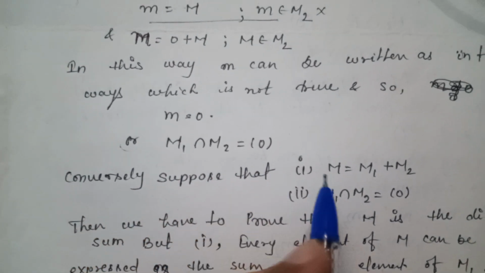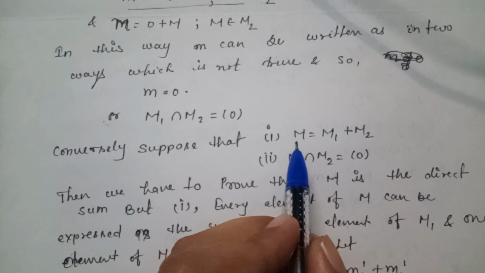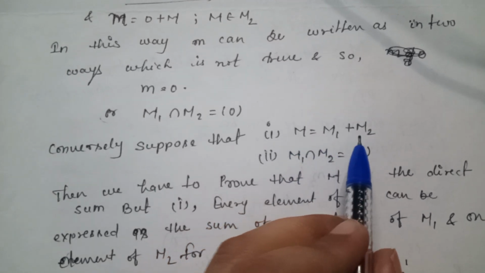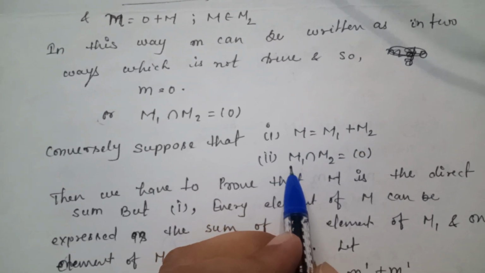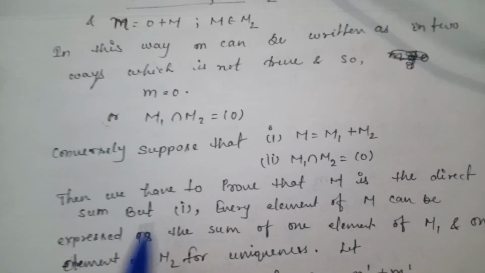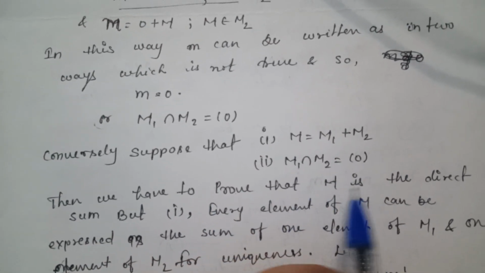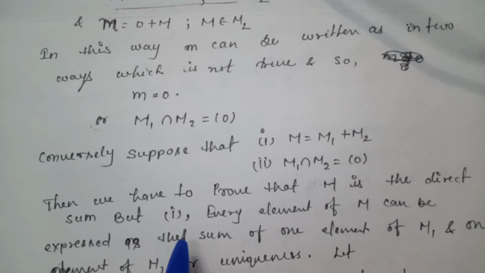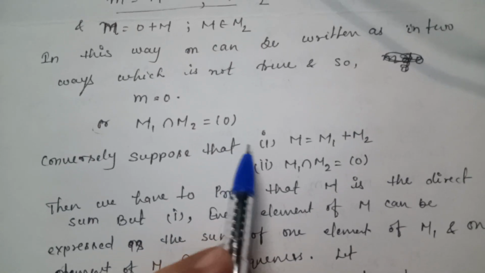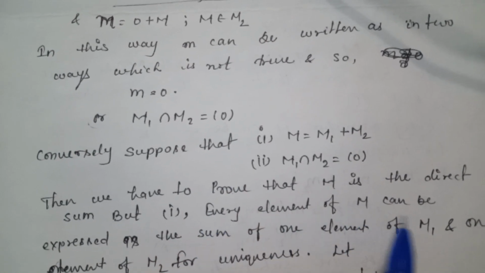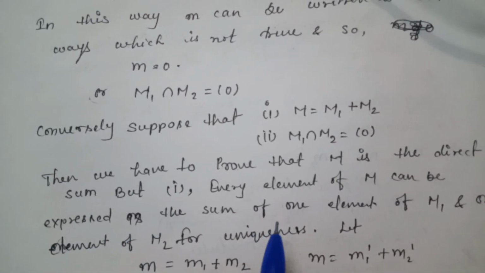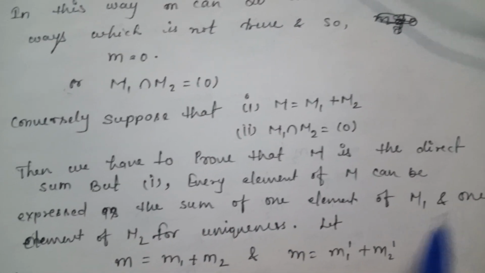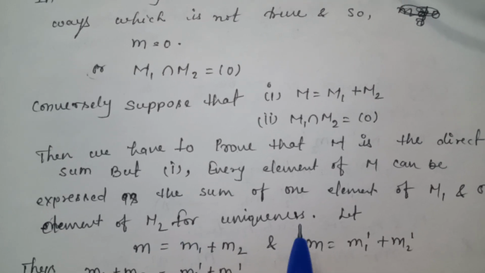Conversely, suppose that capital M is equal to M1 plus M2 and M1 intersection M2 is equal to 0. Then we have to prove that capital M is the direct sum. By the first equation, every element of M can be expressed as the sum of one element of M1 and one element of M2. For uniqueness,